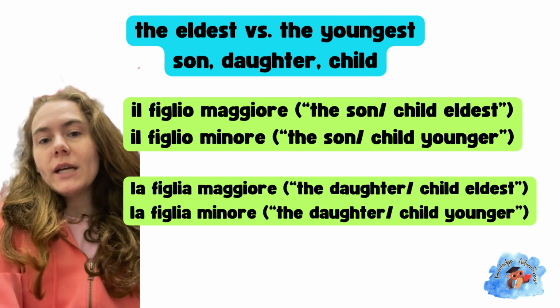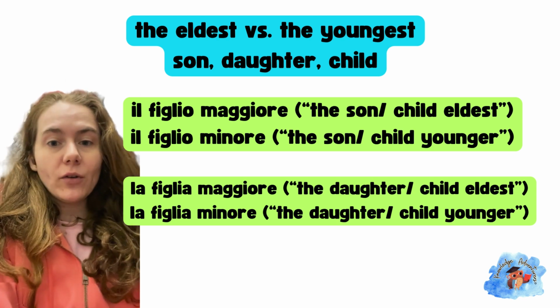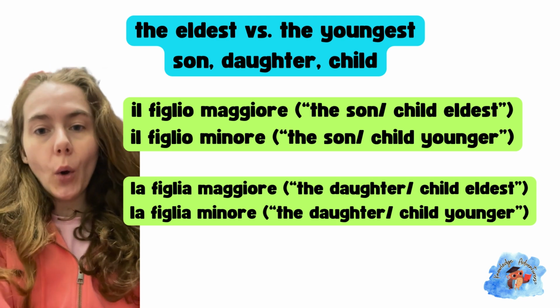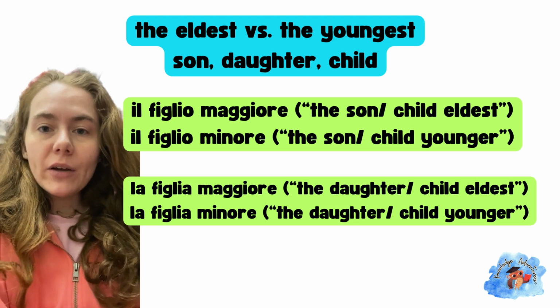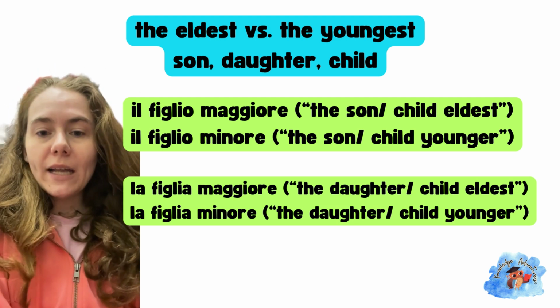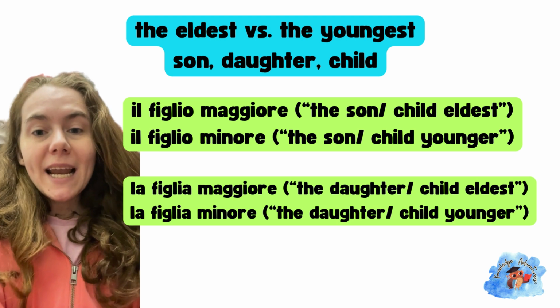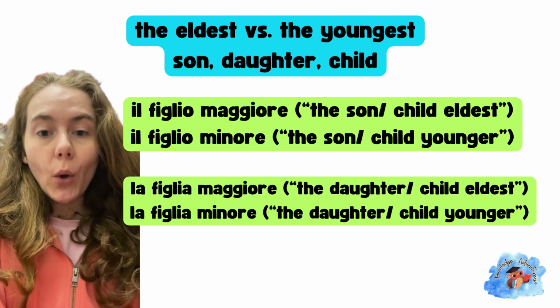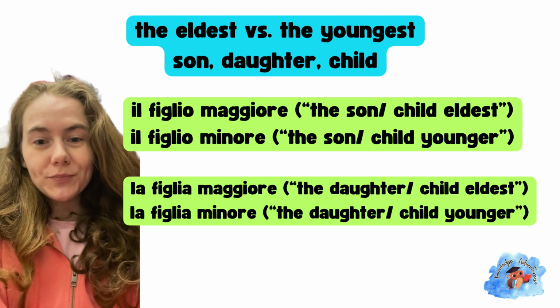Now you might notice that we had the O for guy, A for girl, but then with the adjectives maggiore and minore, they didn't end with O and A. Sometimes in Italian, they are describing words that end with an E, like intelligente, intelligent, and you don't have to worry about changing that to an O for guy or A for girl.